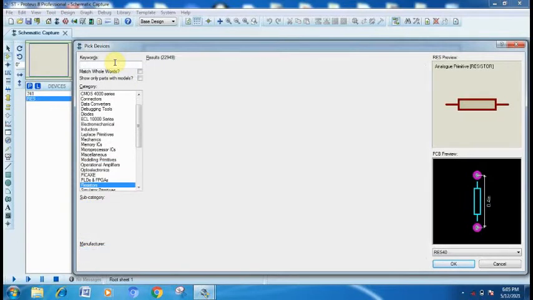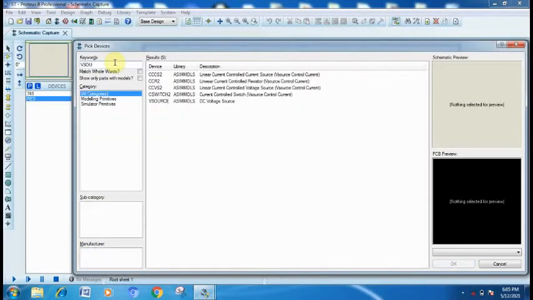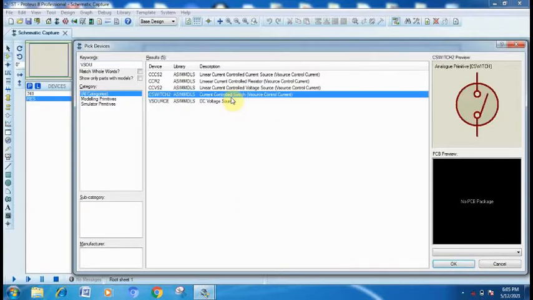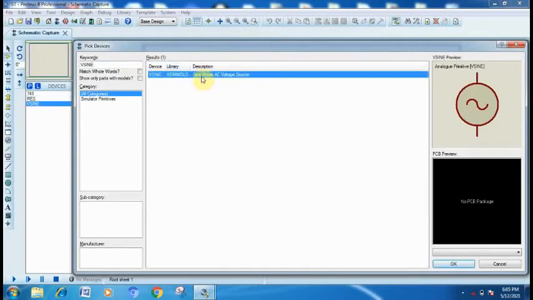After that, select one V source, or we can also write VSINE. That is a sine voltage source. We can also get the sine voltage source from this generator mode, but I have selected it from the library.